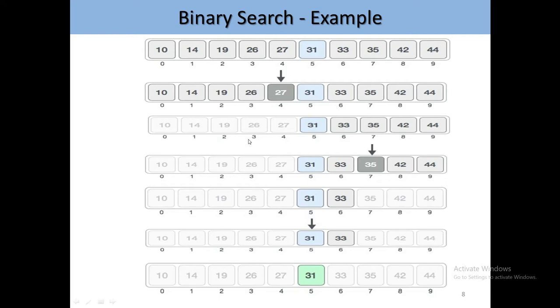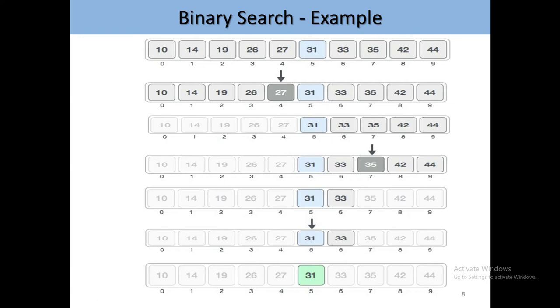Now let us quickly see one example. This is a complete list containing 10 elements. All the elements, you can observe, are arranged in ascending order. Now first of all we need to calculate the midpoint. According to the formula, 0 plus 9 divided by 2. It comes out to be 4.5, and we are only considering the integer part. So 0.5 will be ignored. So the fourth position will be the midpoint of this array.